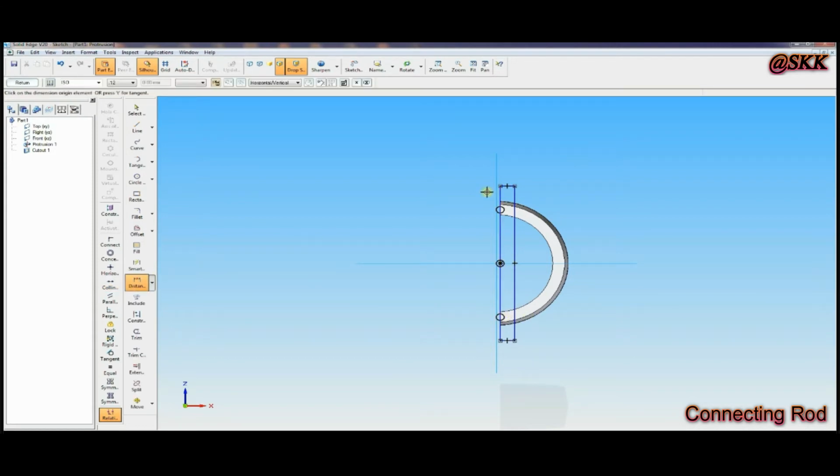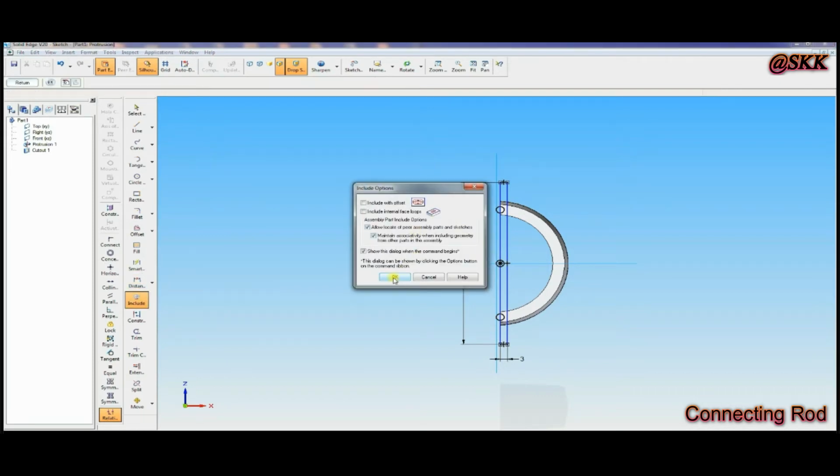Then go to distance between, the distance should be 80 mm. Then distance between from here to here should be 3 mm. Then go to include, click OK.